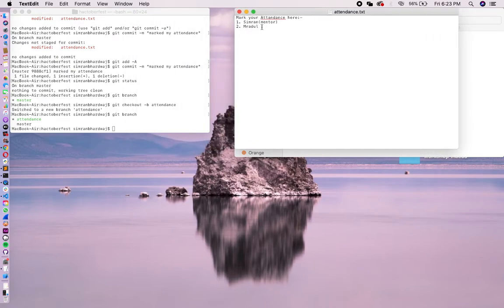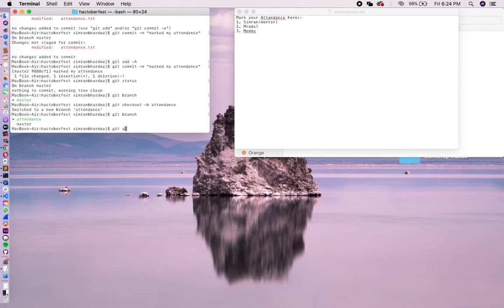I want to show you how branches work. In your master branch, we were having this content written in our text file. Now for example, I'm going to add another name, and I'm going to save this name. Right now I am in my attendance branch, not in my master branch. So I have added another name in my attendance branch.